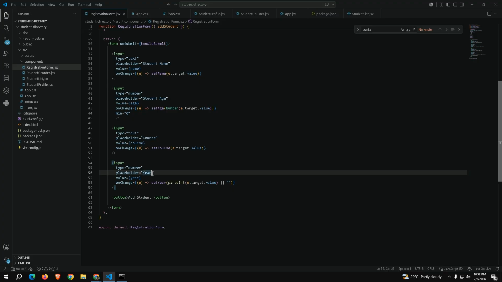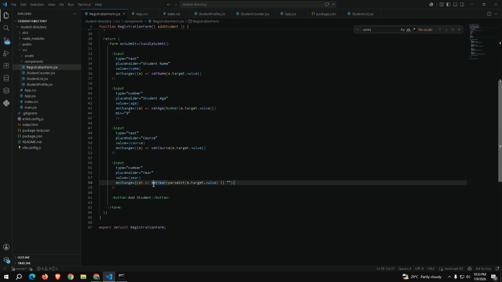So next, student year. We have type number, similar to student age, placeholder year, value year, but here in the onChange it's different since we are just incrementing.